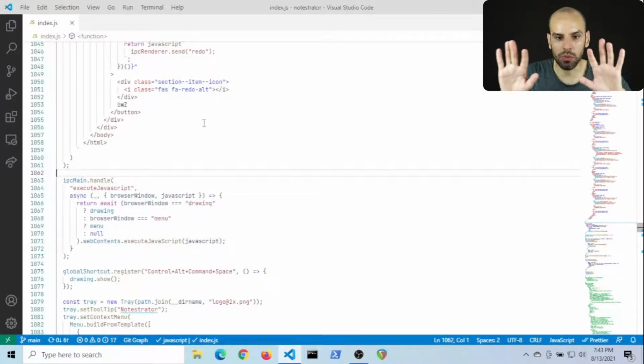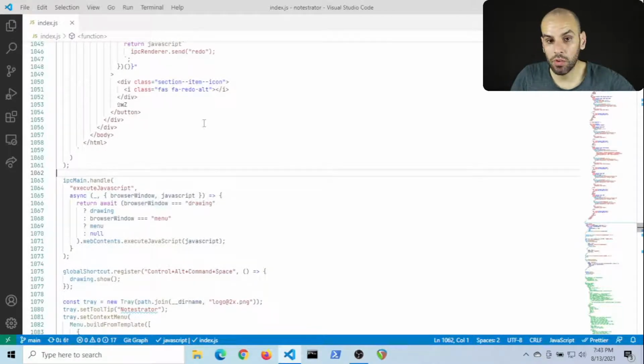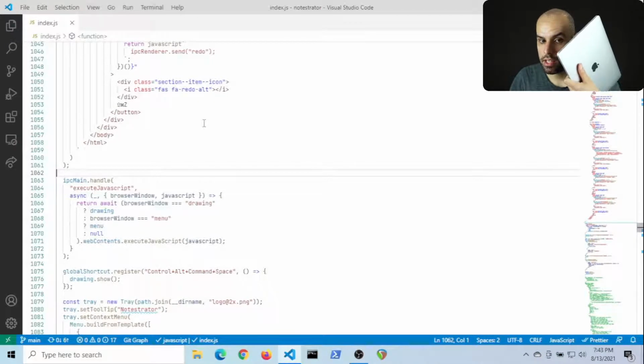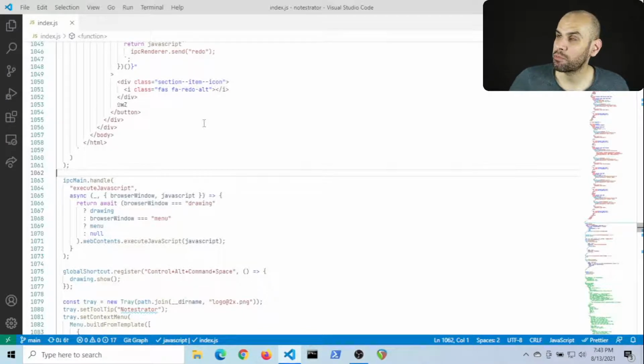And I have two windows, the drawing window and the menu window, and you're not able to see the drawing window because my computer died, and this was a Mac, the Mac died. So on my PC, the app doesn't really work on Windows. So I cannot really show you the app working, which is kind of interesting because I won't really be able to test that I'm refactoring things the right way, but it's all right.